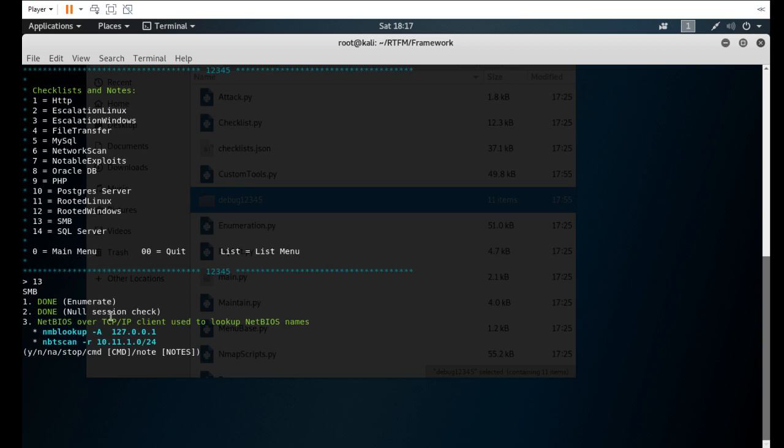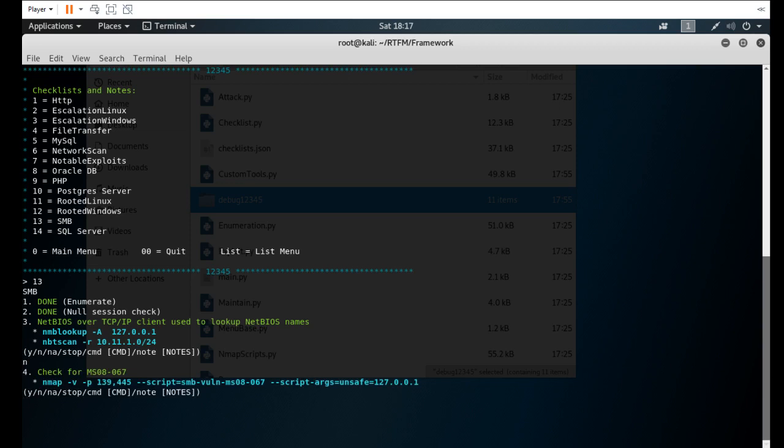It's giving me a list of things to check, and it'll tell me, okay, I've already done enumeration, I've already done a null session check. Have I run these commands to do a lookup or whatever? I can add notes to it if I wanted to. I can run a command straight from here, or I'm just going to say no, I'm going to skip this